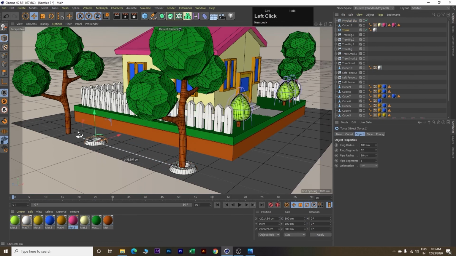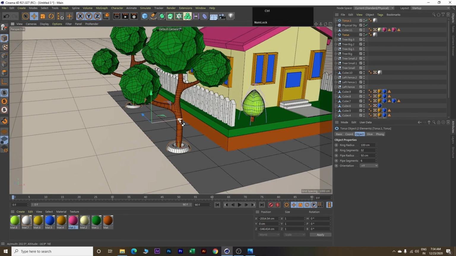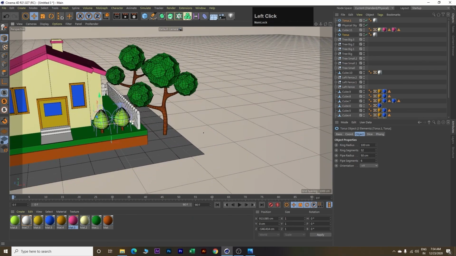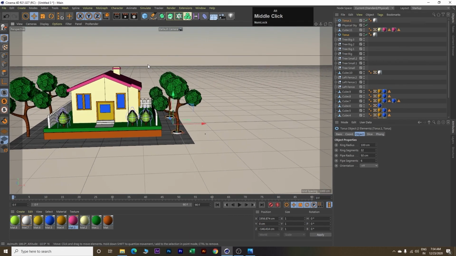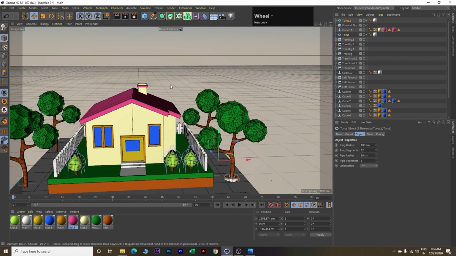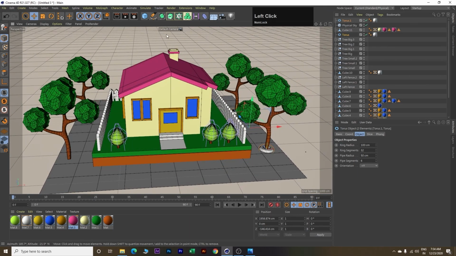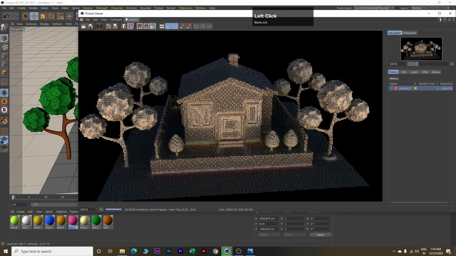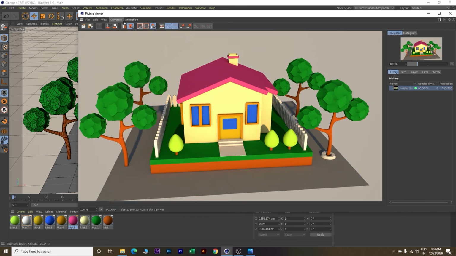Next, lastly, one thing which we have missed is we will click on this, click on model, click on this, use the Ctrl key and copy. Click on both of these bases, use the Ctrl key and copy and move it towards the right. Perfect. Now our house is ready. So let me do a quick render. So click on this render button here. And wow, this is how our house looks finally.